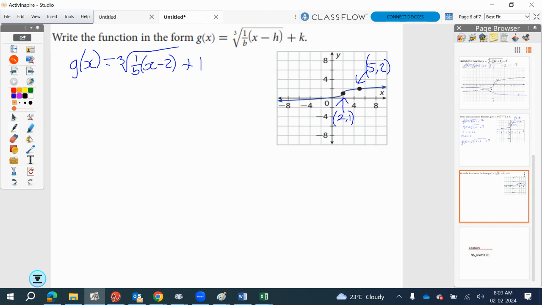So let's pop them in here. 2 is equal to the cube root of 1 over b, and then inside the bracket, we've got 5 minus 2. That's an ugly number. Why have we got that number? Because the question from my